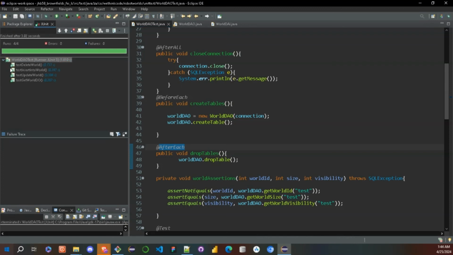So we ran 4 different tests. We tested the delete world function that deletes data. We tested the insert into world function that inserts data into a database. We tested the update world function that updates the data in a database, and the get world function that gets the data from a database. As we can see, all 4 of these tests ran and none of them failed, thus verifying that all our